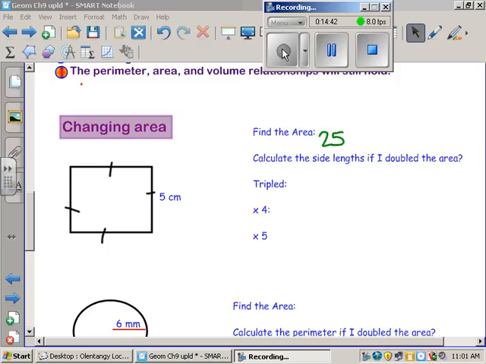So that means only one side is getting bigger, right? Or they're both only increasing by the square root of 2. Because square root of 2 times square root of 2 is 2. Okay? So if I multiply 5 times the square root of 2,